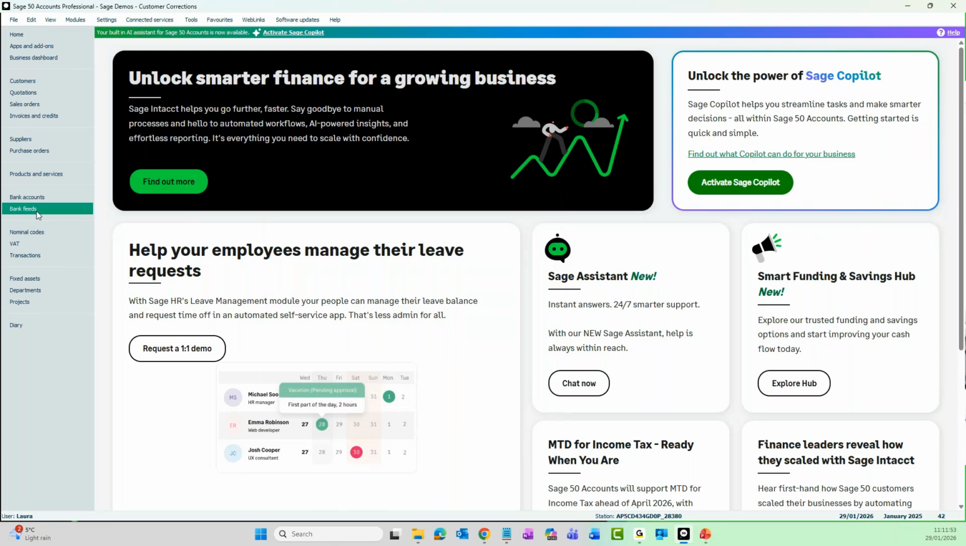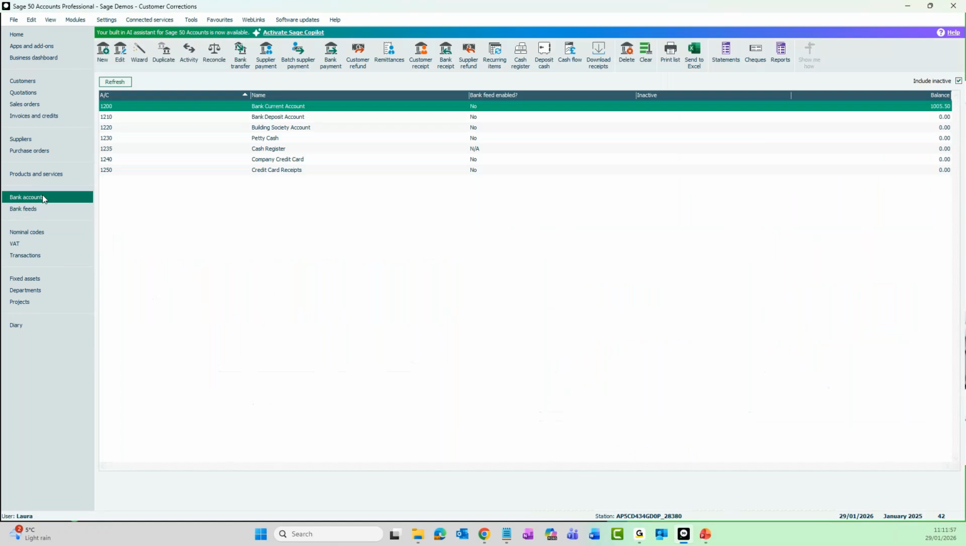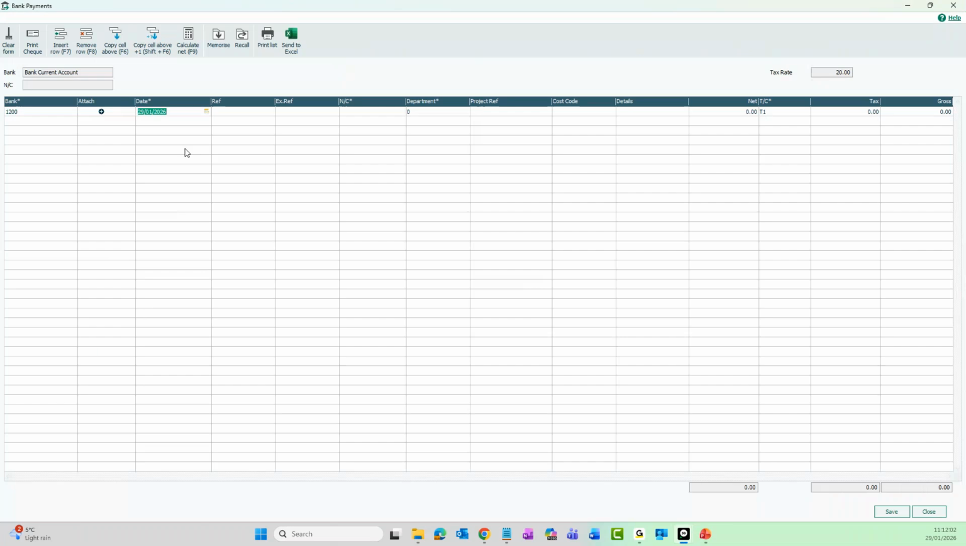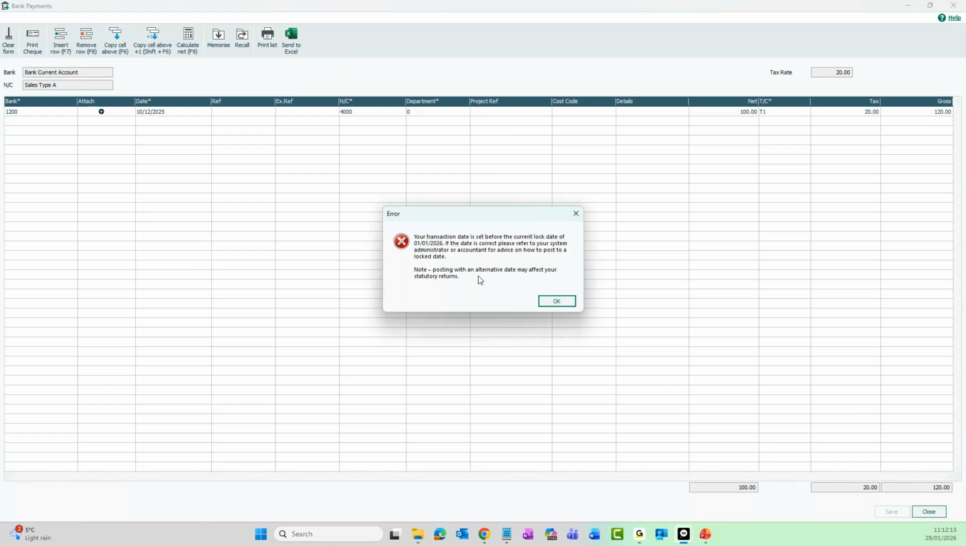So if I go and try and post a bank payment now, so if I go into my bank accounts, and if I go to bank payment, I'm going to use exactly the same details. So I'll do the 10th of December, 2025, same nominal code, £100 plus VAT. If I save that now, I don't get that yes or no option, I get the error